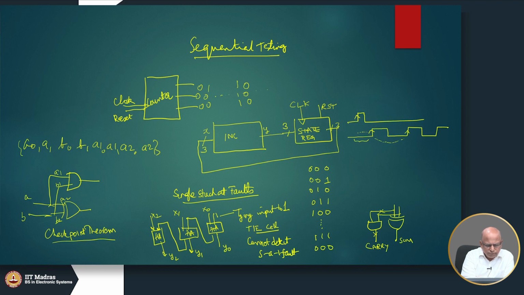In the case of a half adder, there are only 4 possible inputs. So, we will see what inputs we need to apply. Do we apply all 4, or is it enough to apply a fewer number of those? So, as before, we can